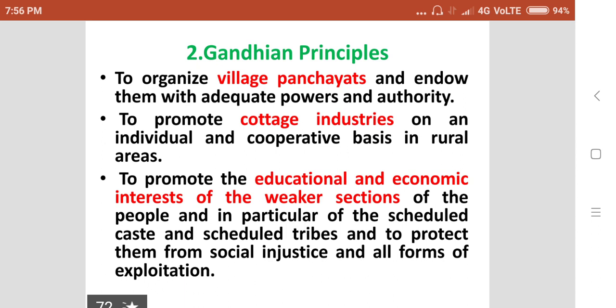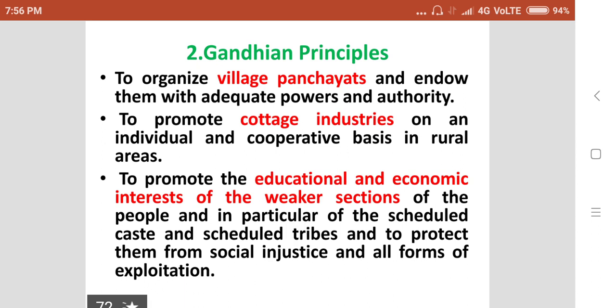Some Gandhian principles are like this: to organize village panchayats and endow them with adequate powers and authority, to promote cottage industries on an individual and a cooperative basis in rural areas,